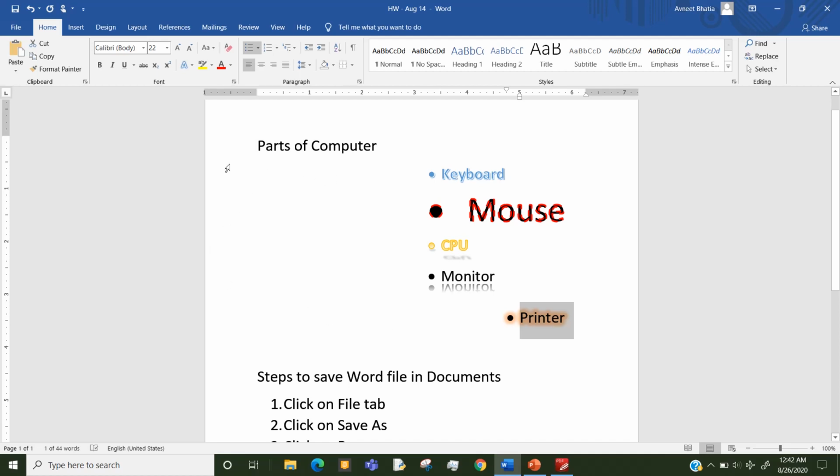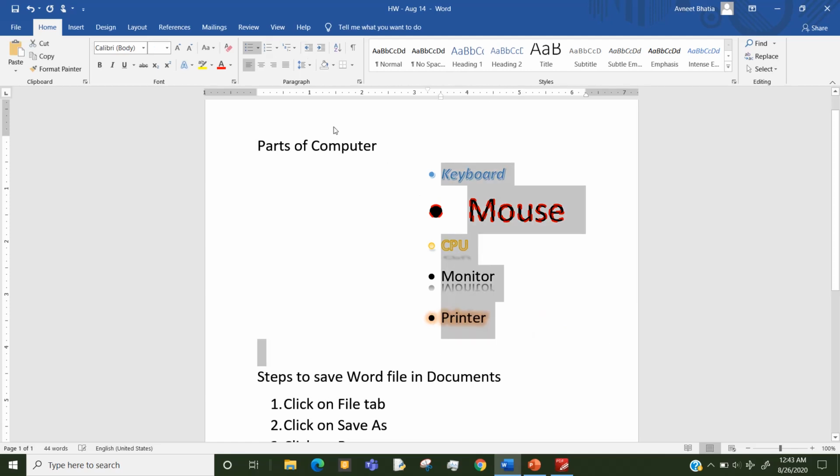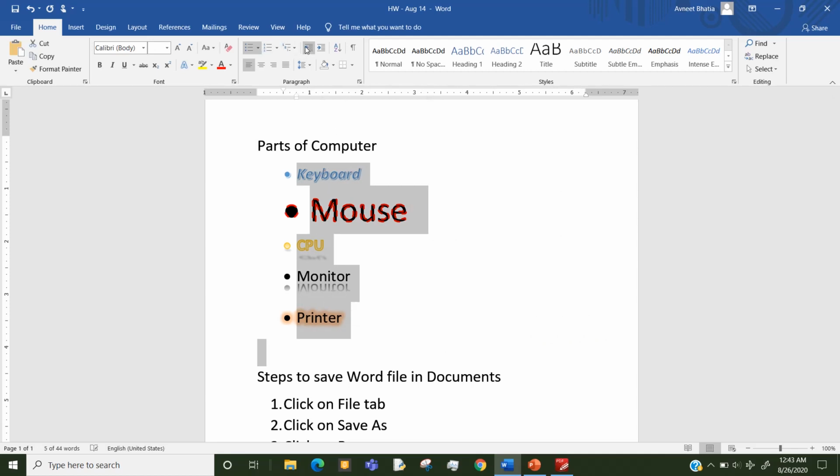I'm just adding italic formatting feature on this keyboard. Now when I select my keyboard and go to font group, you can see B is shaded, which means the bold effect is already applied to it. Now I am clicking on italic, and now bold and italic both are applied on my selected text. Okay. Now this looks nice, right? I am selecting and putting everything back in its place how it was earlier.